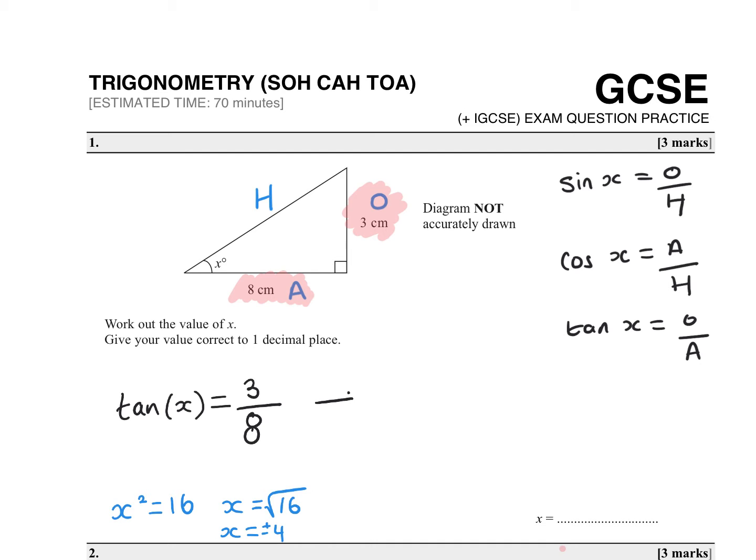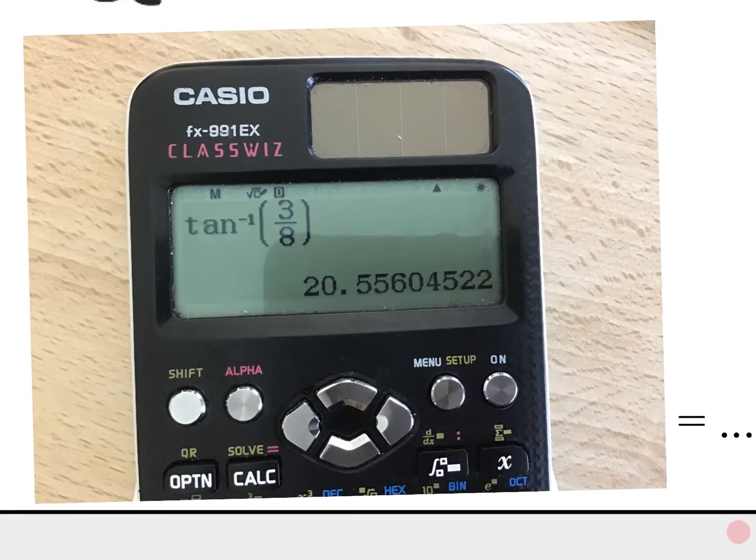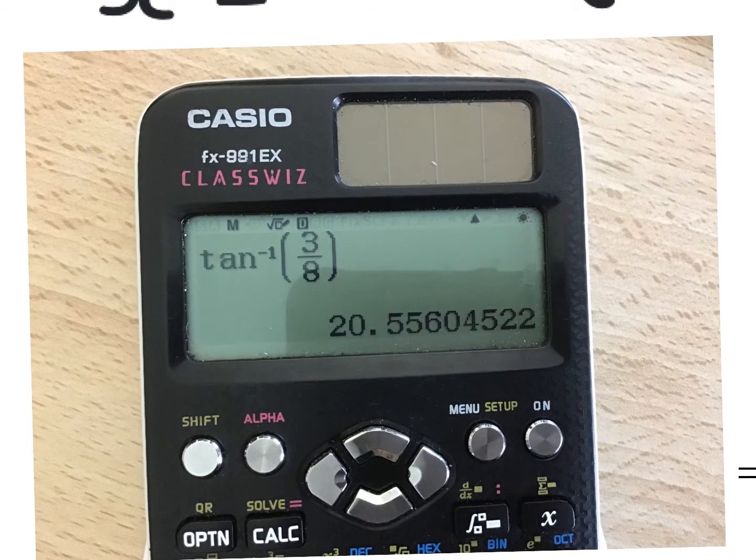So what is the inverse of tan? Now, in our calculator, if you have a look, you can press Shift tan. So we're going to get tan to the minus 1 bracket 3 over 8. Okay, so I'm going to put this in my calculator. This is how it should look. Also, make sure that your calculator is in degrees, because we're working in degrees. So shift tan 3 over 8 is